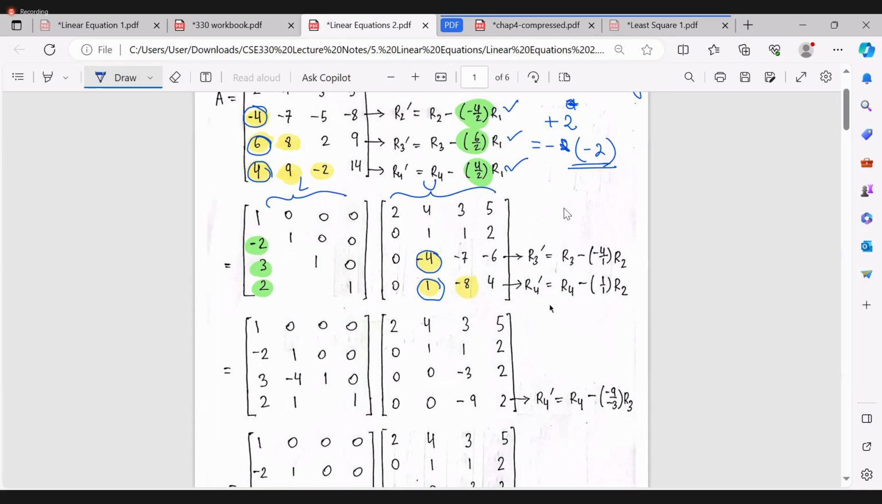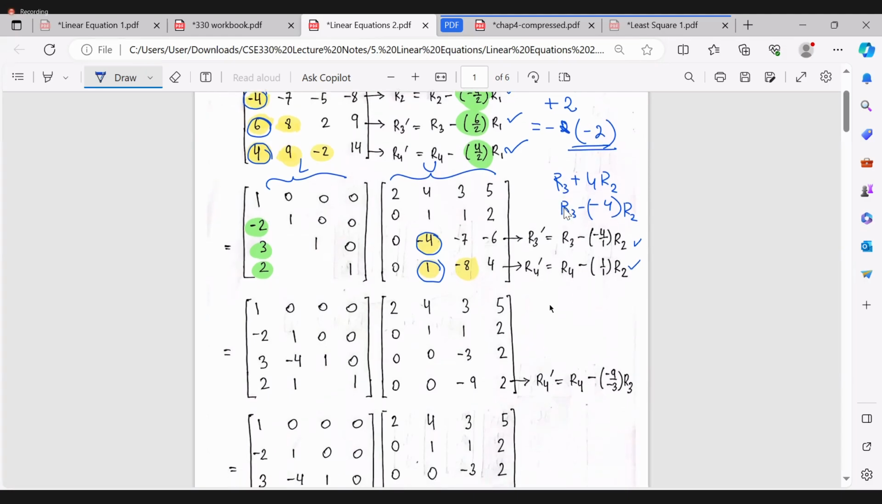You cannot write it like this, because I have to maintain this notation or convention or whatsoever. So I write it like this. And for R4 prime, I have R4 minus R2. So that's two equations. Now for making these two values 0, I need to use the